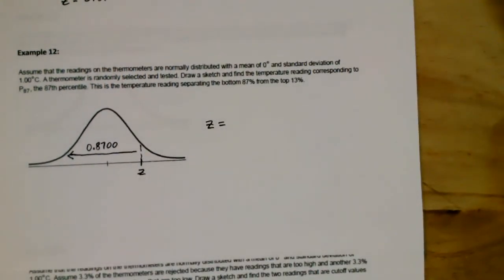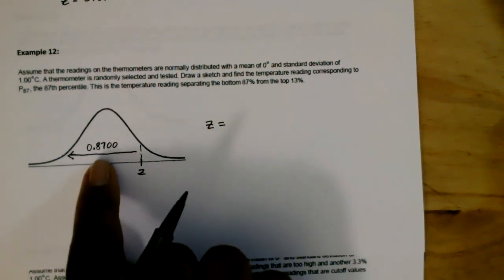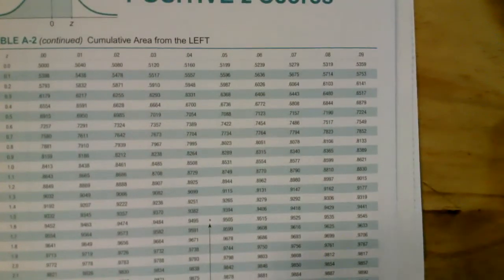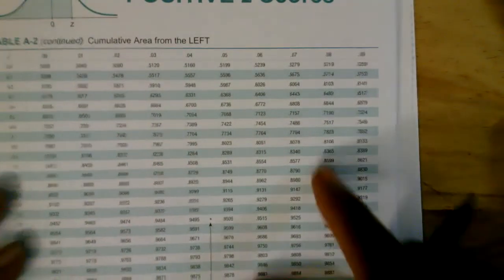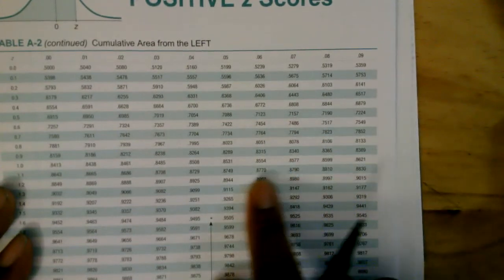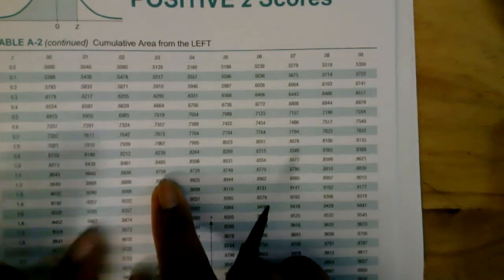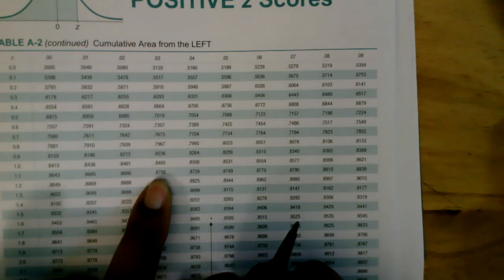Now we're not going to find 0.8700 in the table exactly, but we're going to try to find a decimal that's closer to 8700. And of course, it is greater than 0.5, so that means we need to use a page that says positive Z-scores, which is this. So here we're going to look for a value that is closest to 0.8700. I'm going to use this one right here where it says 0.8708. That's closest to 8700